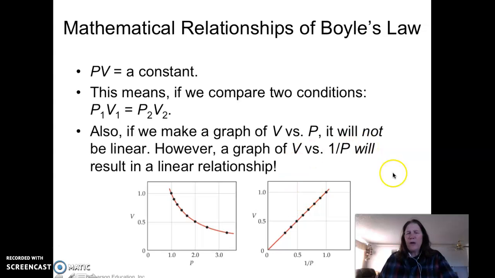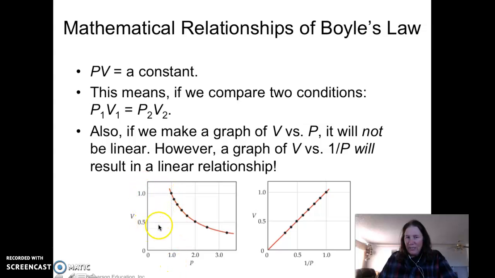Here are graphs of it. But again, remember that Boyle's law is inverse. In other words, if you increase one, you decrease the other. So when you're looking at these, if I increase my pressure, my volume's going to go down. So that's one way you can see if you messed up. If it was direct, it would look like this, but it's not. It's inverse. Inverse means when you increase one, you decrease the other. So here I have my volume at 1, and here's my pressure at 1.